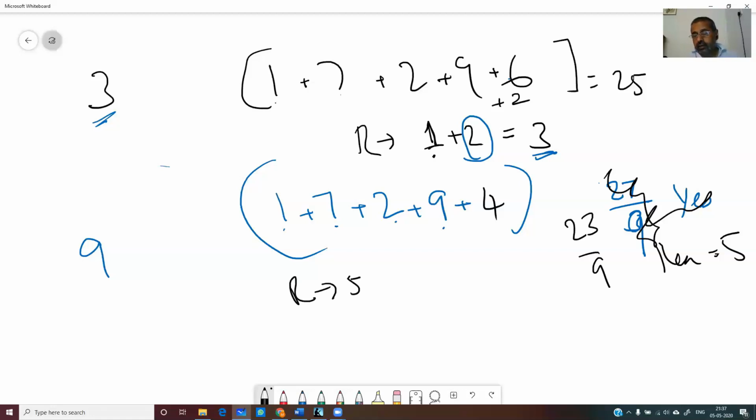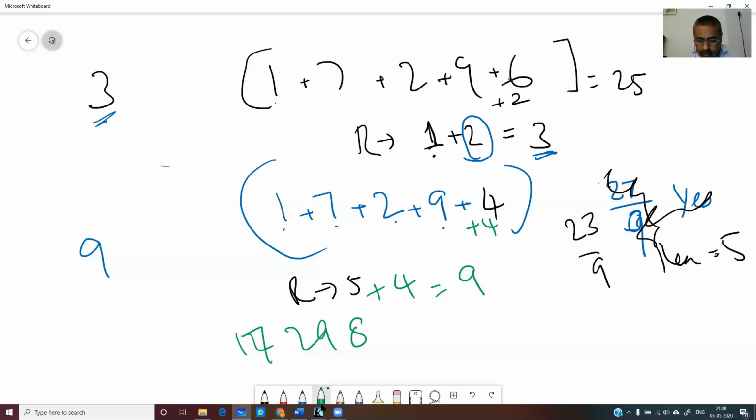But then to make it divisible by 9, what should I do? I should add 4 here, then that becomes 9 and it is divisible. So which means here also I need to add 4. So the number becomes 17298, which is the number which I changed earlier. So that makes it divisible by 9. So the rule for 2, rule for 3, rule for 9, and then 2 squared, 2 cube, all those things we learned.